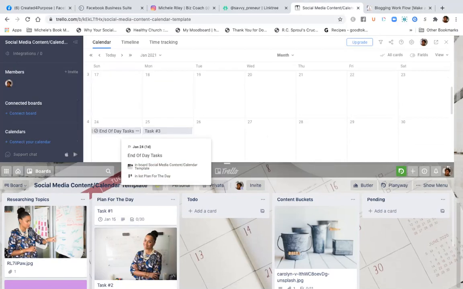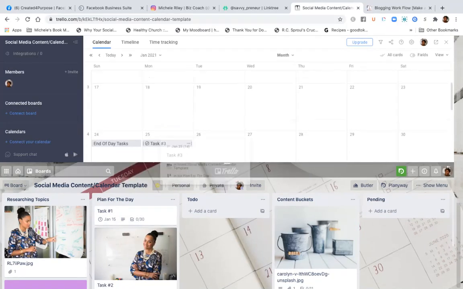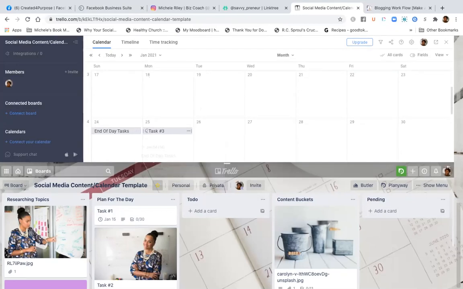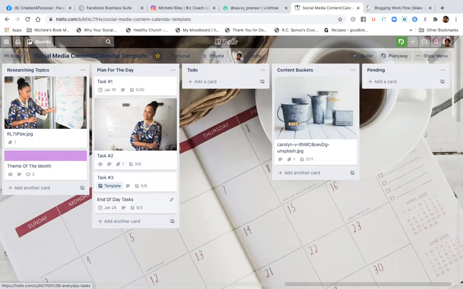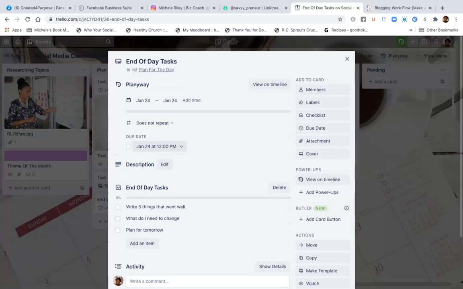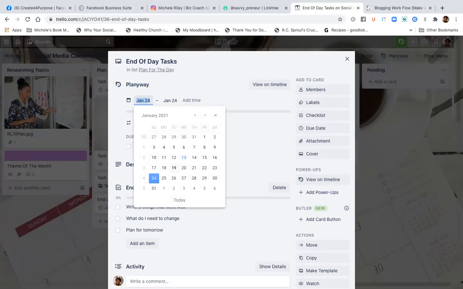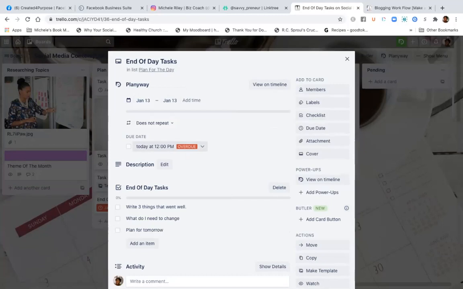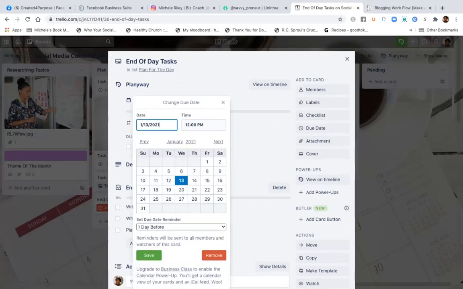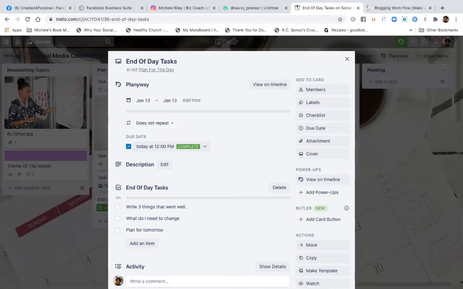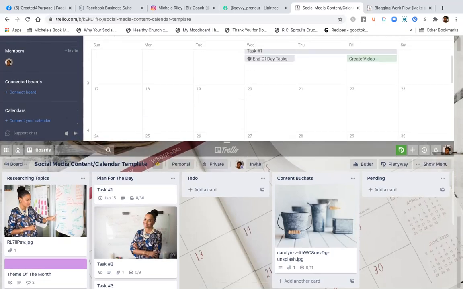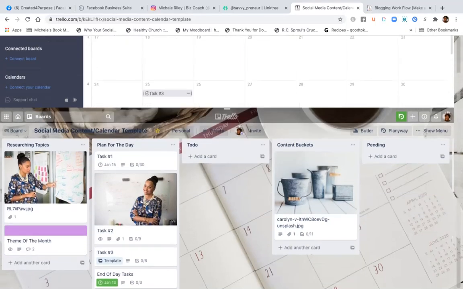It's showing you like I guess in the day task, day 3, but it's going to, let me see. And I think because I put a date there, so you have to be careful when you add certain dates. So let's take this date out. And I think I had just done that. So see, when something's overdue, it'll let you know. So let's just put and check it like, you know, we completed it on time. So that way it'll show up. It'll take it off of that calendar.